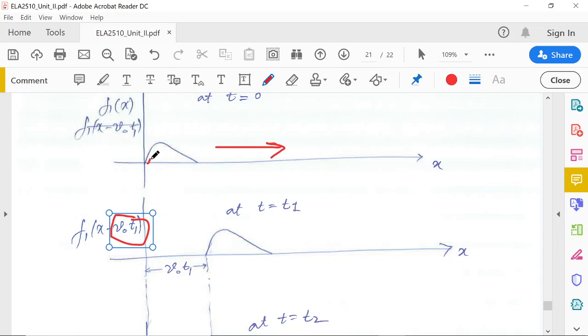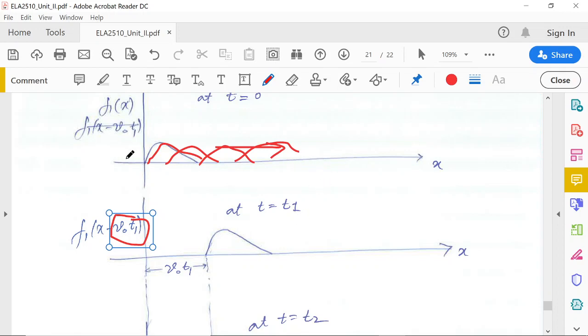So first, for example, it will be like this one. Second, it will be like this one, this one. So every instant it will be here, another instant it will be here, another instant it will be here, and so this function looks like it's moving in this direction because of this property. So whenever the argument has this property, it means this is a function of time. As the time varies, this delay will vary and it continuously shifts towards the right side.